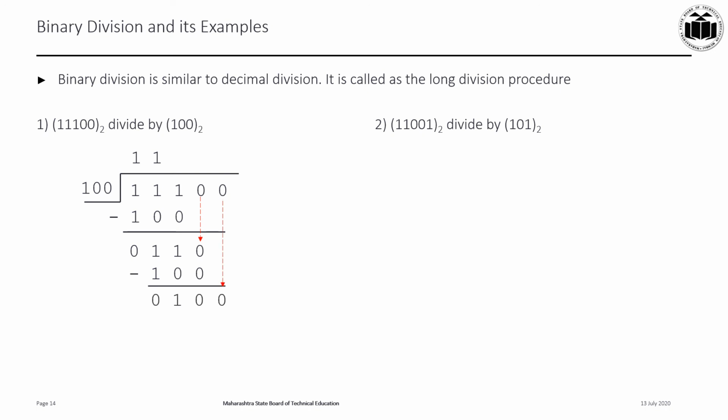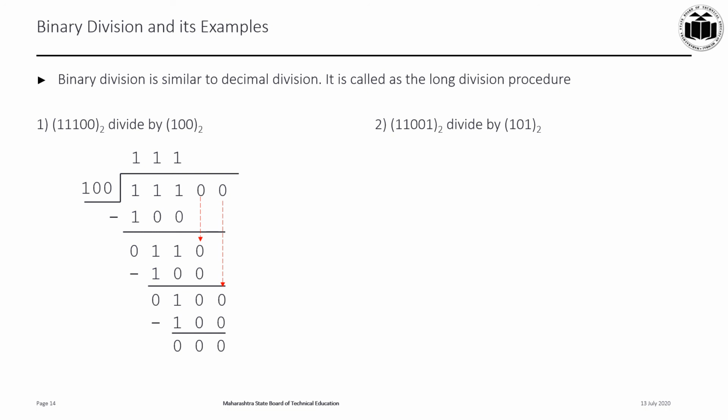100 is equal to 100, and hence the division can be carried out. Again 100 is multiplied with 1, so write another 1 as the quotient. And now as you can see, 100 minus 100 gives the remainder as 000, and the quotient will be 111. So in this example, the quotient is 111 and the remainder is 000.